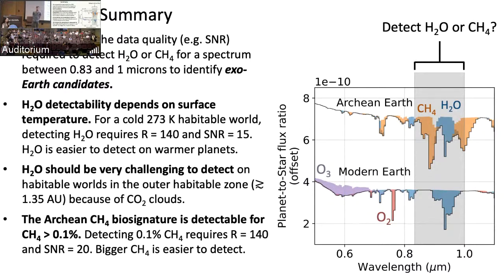We'll do one more question. Just a quick question. What would be the distance of our Earth to be detected with the signal to noise that you require? Oh, say that one more time. To detect a planet like Earth, what is the distance for having this signal to noise ratio that you calculated? Did you calculate this distance or not? Oh, like how far away? Yeah. Oh, I don't know. I am only computing signal-to-noise ratios. You could then imagine an observatory of some diameter, and then you could compute how much time it takes to build up this signal for habitable worlds.